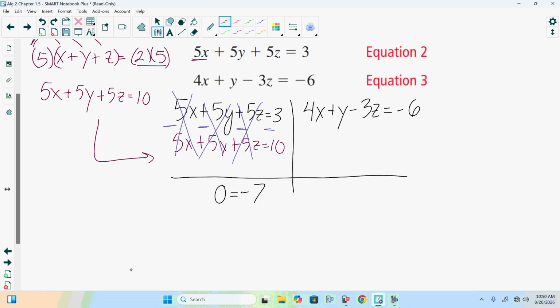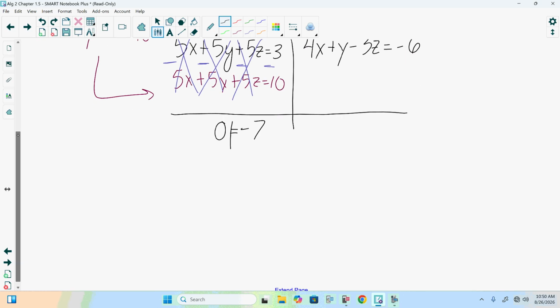And that tells us that we have 0 is equal to negative 7. Is that true? No, 0 does not equal negative 7. Those are not like numbers. That is a false statement. Yes? If we ever get a false statement,